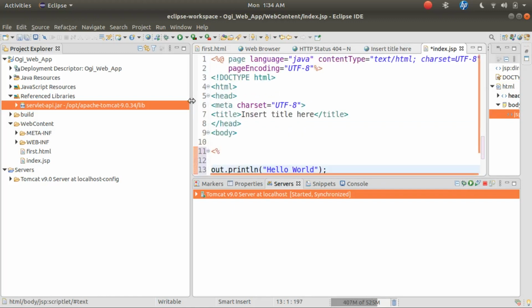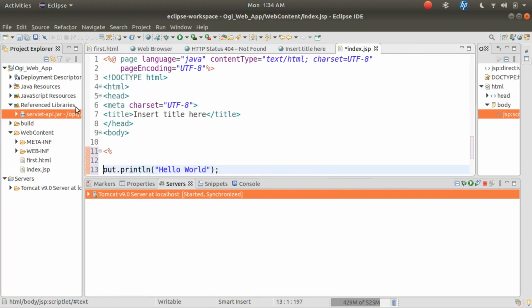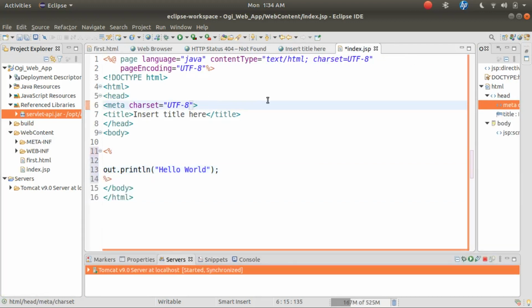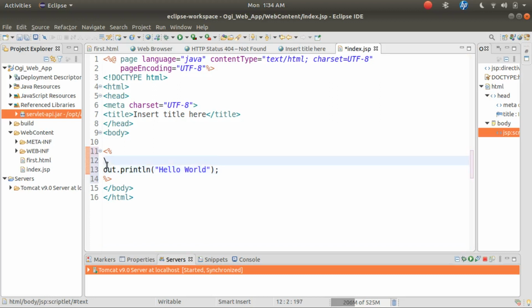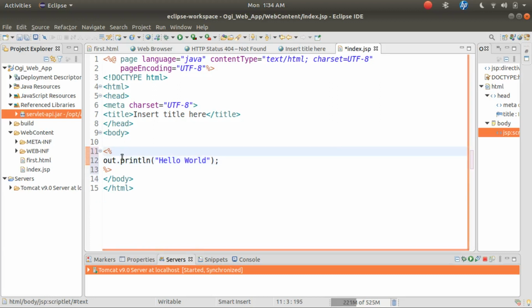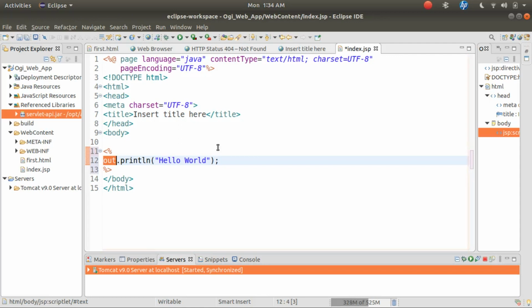So the Servlet-Api.jar file we have just added here is appearing here in referenced libraries, and this is the code that we have written in JSP. JSP is just a combination of some Java code as well as some HTML code. So out.println is not the same as System.out.println. Out is something different from core Java. This is one of the built-in objects of JSP, which is used for printing some